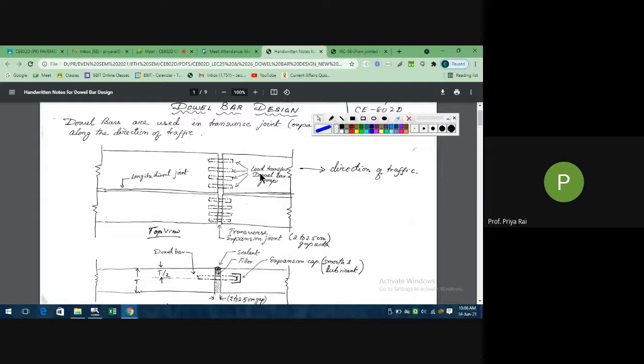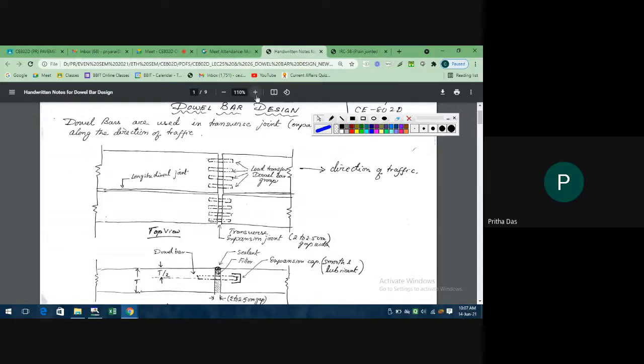See, tie bar and dowel bar are both used in the joints only, not throughout the slab. Throughout the slab there will be reinforcement, which is another thing and comes under RCC. But wherever there are joints, there will be a gap, meaning some discontinuity. So these portions are weak in structure. In order to prevent failure due to wheel load or any kind of stresses, we provide some extra reinforcement along these joints. There are basically two types of joint, and based on that I told you one is tie bar, another is dowel bar. Now tell me what is a dowel bar.